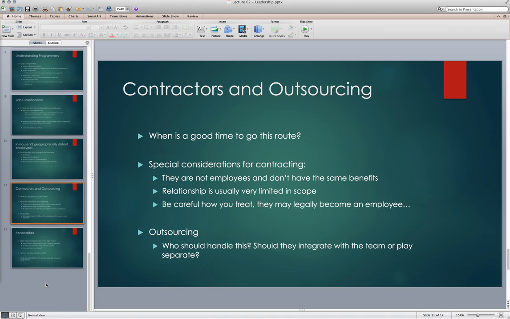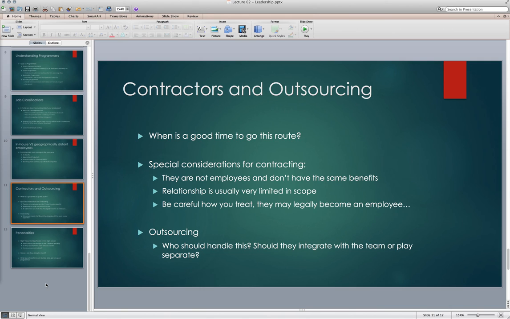Let's see, contractors and outsourcing. I have never outsourced and never been involved in a project where we have, so I can't speak a whole lot to it. I've talked to friends that have done it, and it's been a very hit and miss subject. Some people have success with it. Others have had just nightmares and frustrations because of language, time, culture, actual overall quality. Just because they're cheap and they're coming from a certain country doesn't mean that they're going to give you good work. Make sure that if you do go that route, or you're a part of a project or a team that goes that route, you're very careful about the experience, especially if it's with someone you've never outsourced with before.